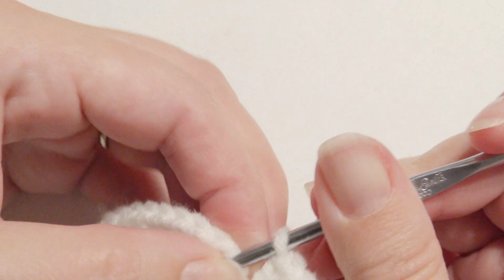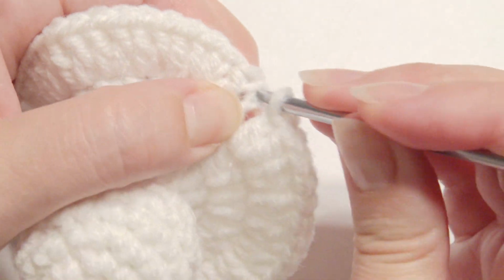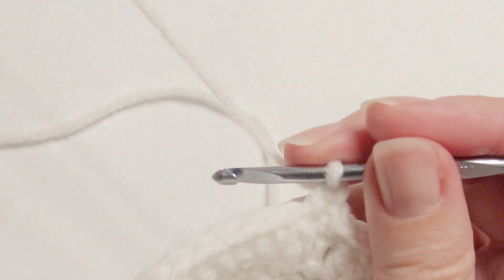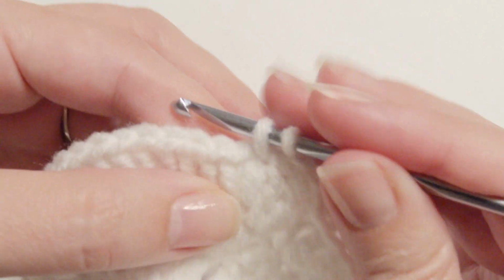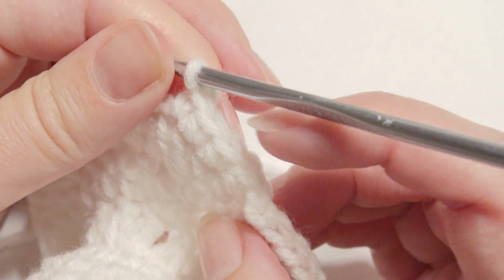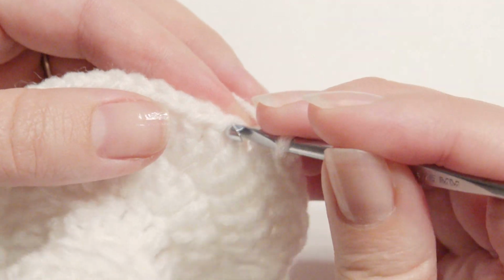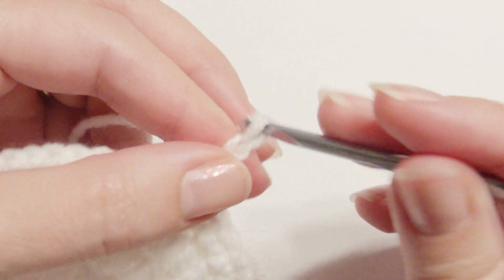Slip stitch into the chain 2, chain 1, single crochet in the next 6 stitches. Slip stitch into the next stitch, chain 3, skip the next stitch,